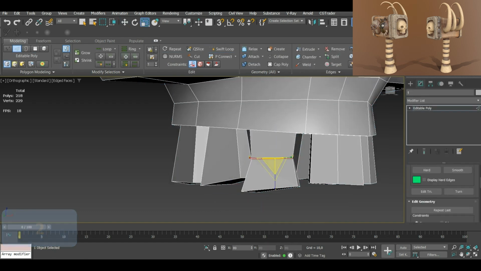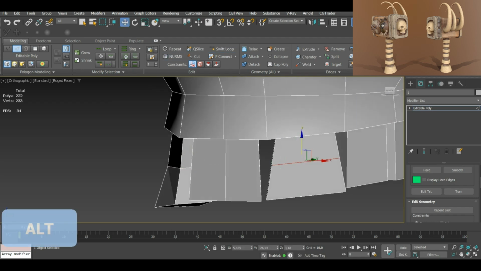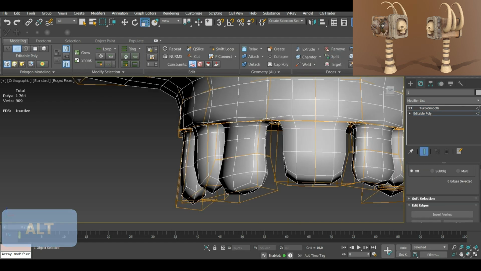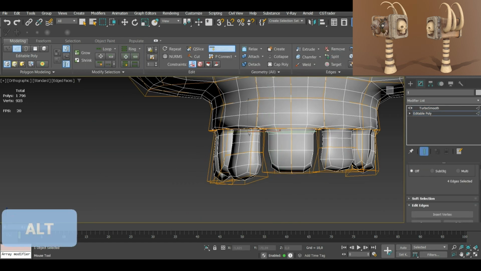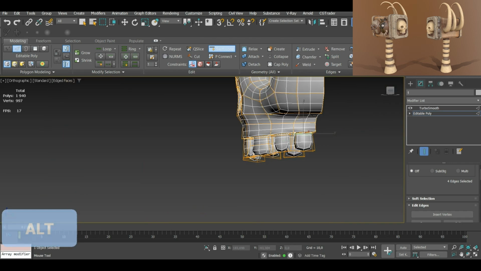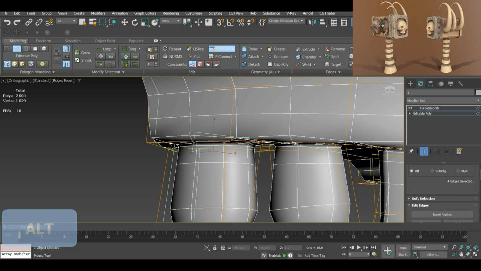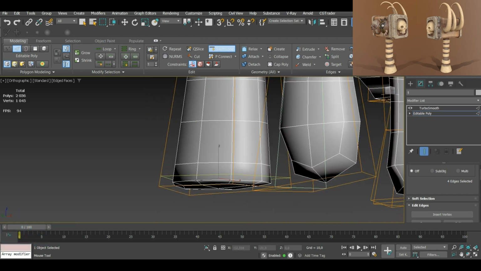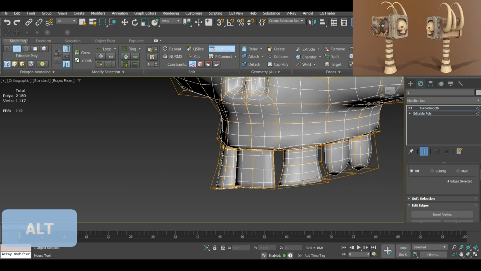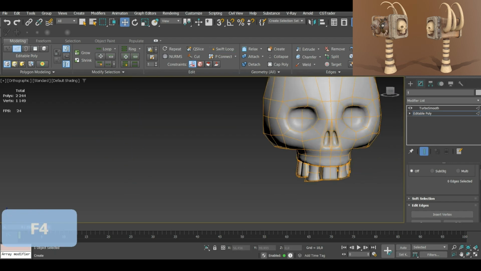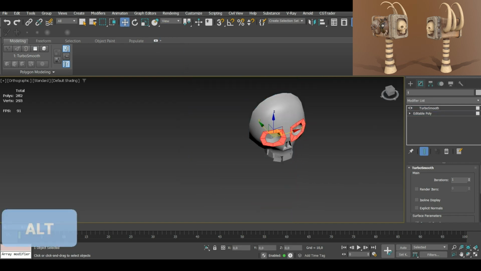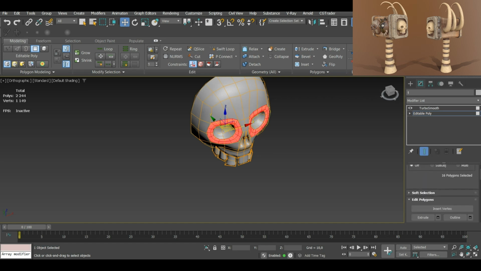Here I add the curve I was talking about before. Finally, I Turbo Smooth the skull and add additional edge constraints to each tooth, defining their shapes properly. Then I convert my model to an editable poly and remove some unwanted geometry. I also emphasize the eyes of the skull, giving them a more cartoony and stylized look.